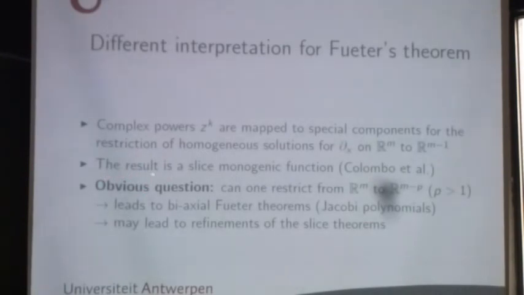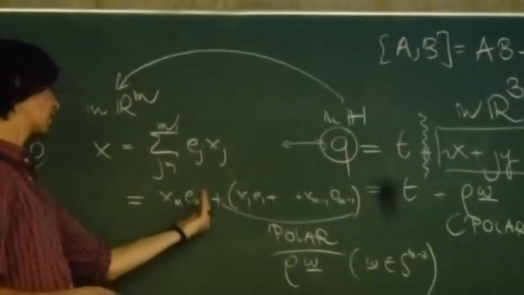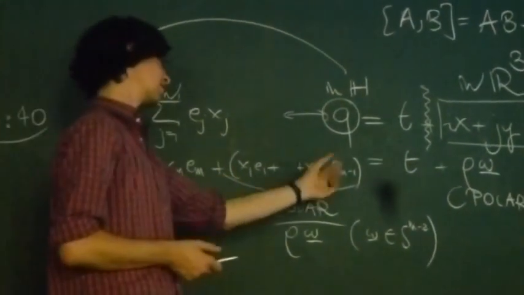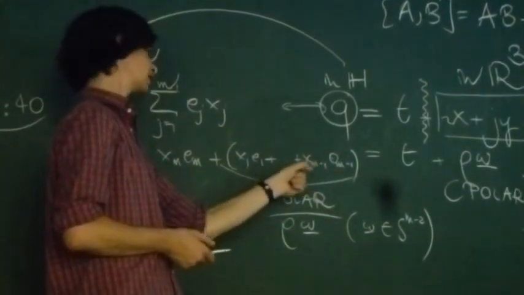But this is essentially the slice monogenic function theory developed by the Italian school, Stupak, Colombo, Sabadini. Now, an obvious question is whether I can do better than just a restriction from Rm to Rm minus 1. So the m minus 1, just in case you're wondering, pops up here. So I have a vector in Rm. I take one direction aside, and then I have all the rest. So that's m minus 1 directions. So the question is, if you take